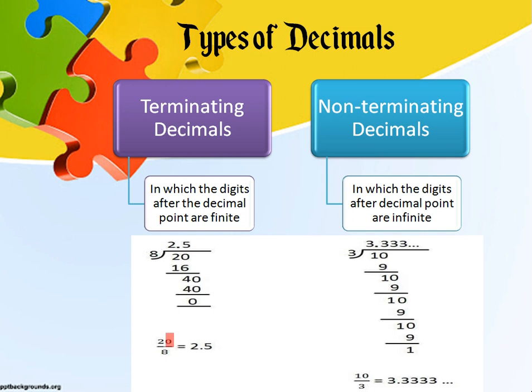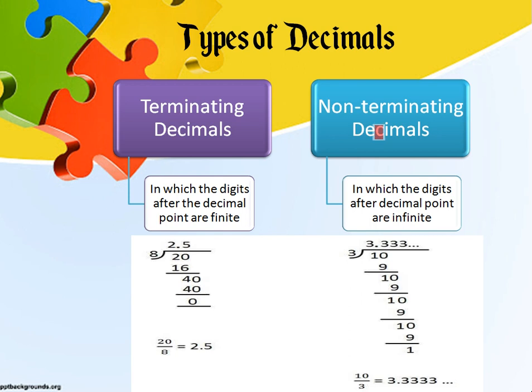In this case, we have a rational number 20 over 8. Here, we will divide the numerator of the rational number, 20, by the denominator, which is 8, and we can see that we will get the answer 2.5. Here, we have one digit in the decimal part and the division is ending and we are getting 0 as a remainder after 2 steps. So, 2.5 is a terminating decimal because we are getting a finite, countable number of digits in the decimal part.